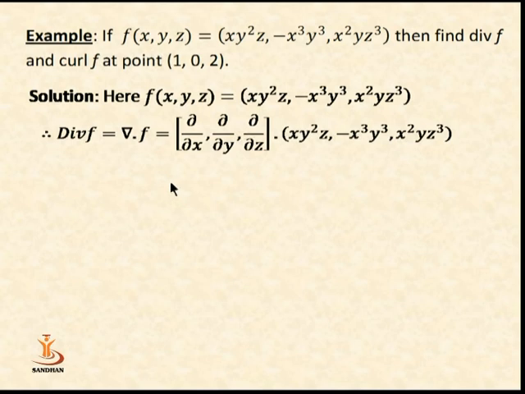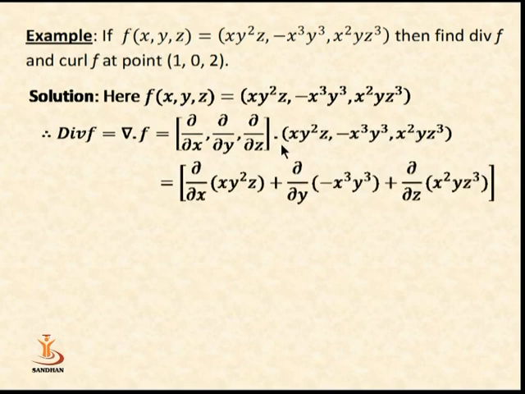In the definition of divergence, we have to differentiate the first component f1 with respect to x, plus the second component f2 with respect to y, and the third component f3 with respect to z, and add all of them. Thus we get del by del x of x y square z, plus del by del y of minus x cube y cube, plus del by del z of x square y z cube. Again we know that the differentiation